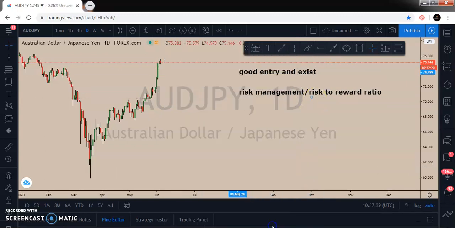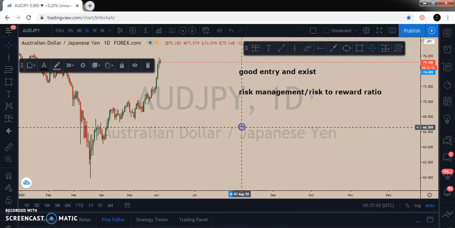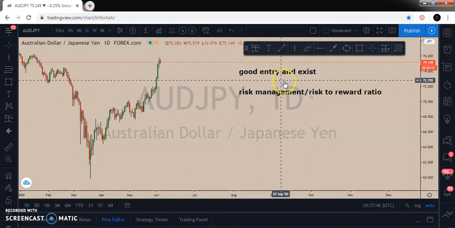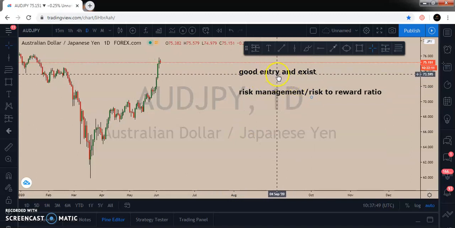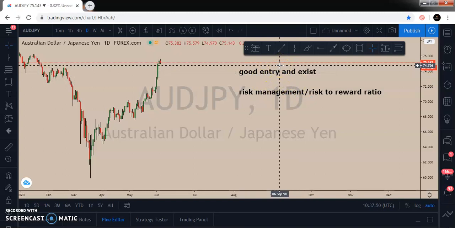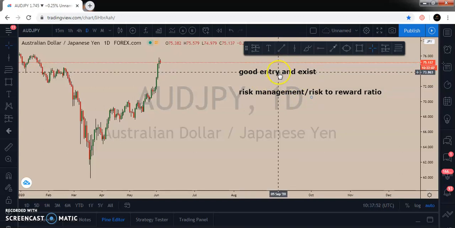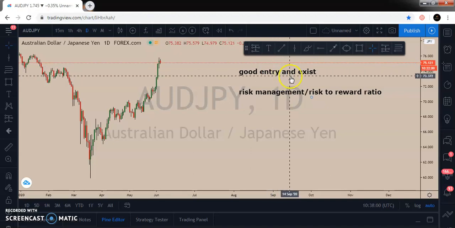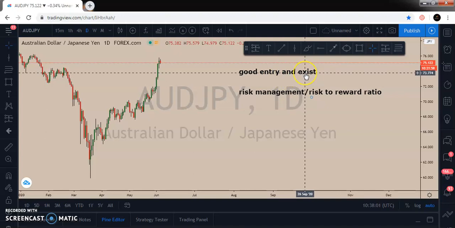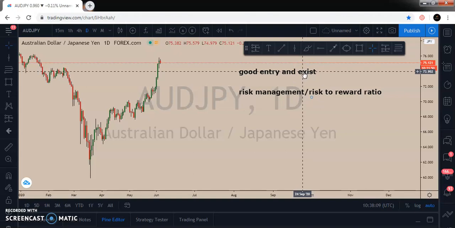A strategy is an edge over the market, what you know that you can use to make money from the market. It must have a good entry and exit. You must have a way to pinpoint your entry so as to be a good side, and your stop loss, because there are areas where you will enter and your stop loss will be very huge, while there are areas where you will enter and have a good stop loss. And the strategy should also give you a point to stop, because there are areas the market will get to and start reversing. But your strategy should give you a point to exit your trade.